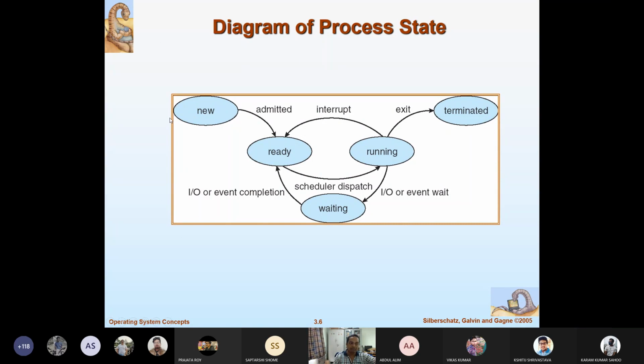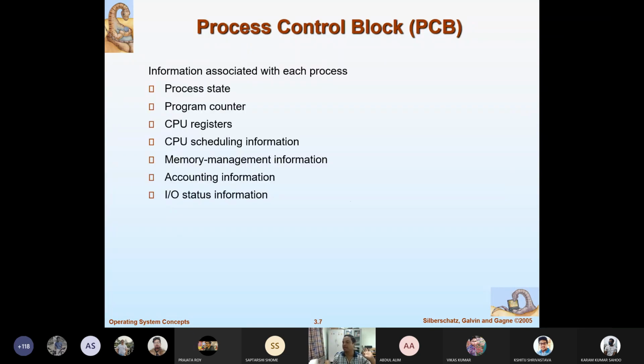The answer to this question is, while you submit a program, a process is created, and this is called the new state. This is called the new state when a process is created. That means you submit a program to the system for execution. The program and its corresponding process will be created. Process creation means its identification will be given, a process ID, just like you have a roll number or registration number. And a PCB will be created for that process. Process control block is a data structure,